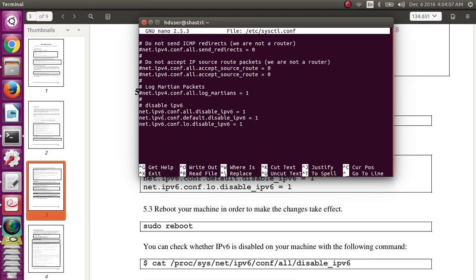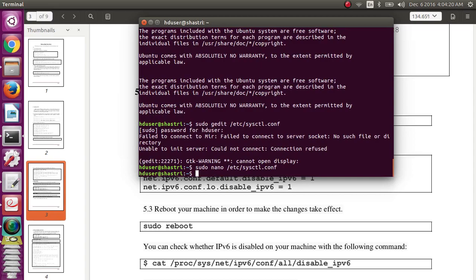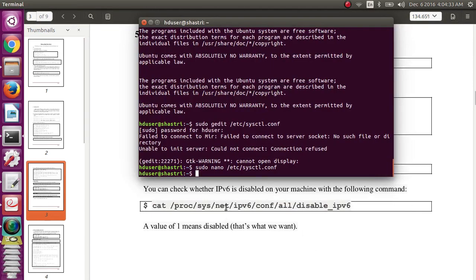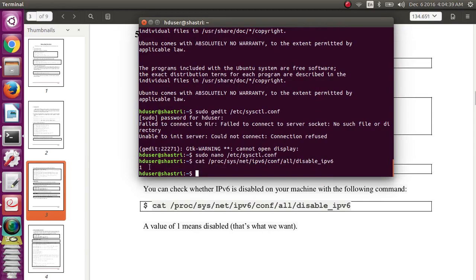See, all disable IPv6 1 means it is already disabled in the system by default. Save it and exit with Ctrl X, then check whether it is disabled by executing this command. If the output is 1, it means IPv6 is successfully disabled.